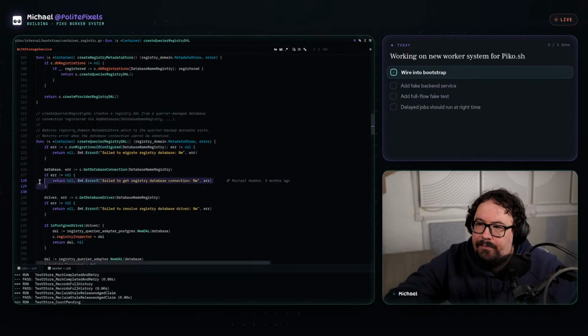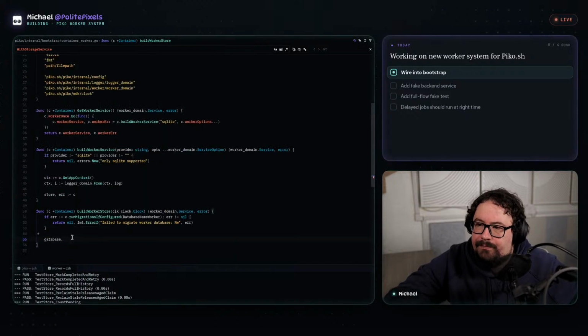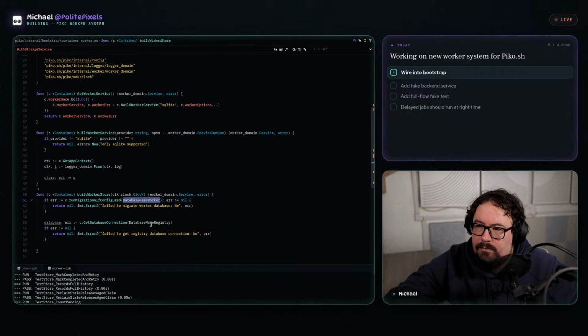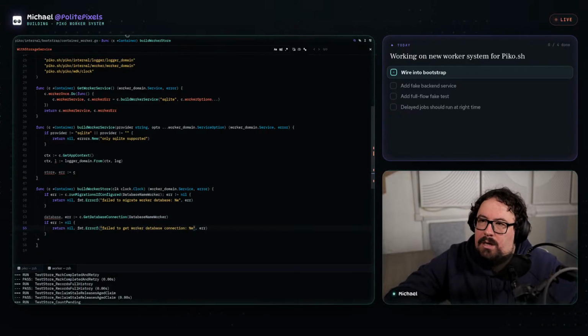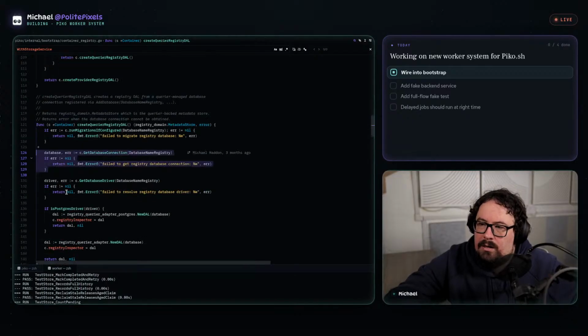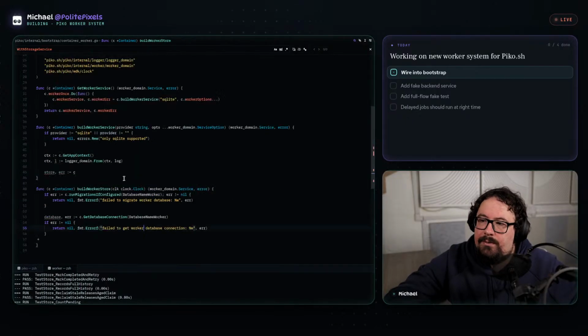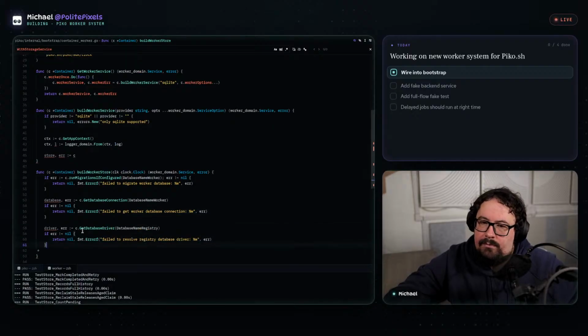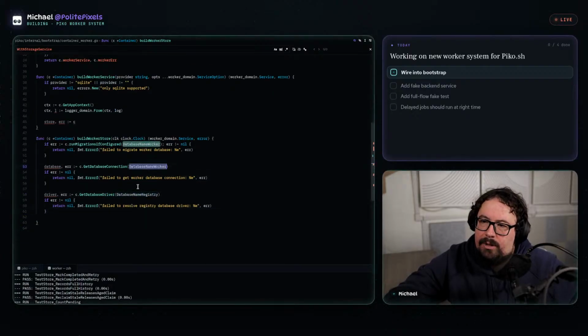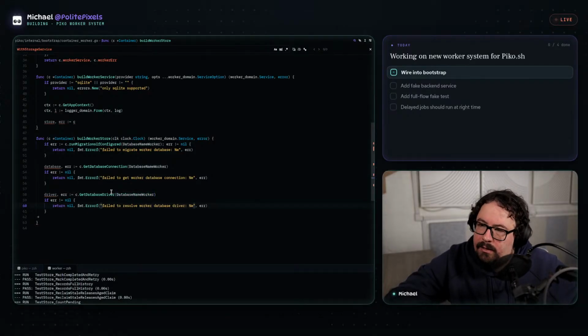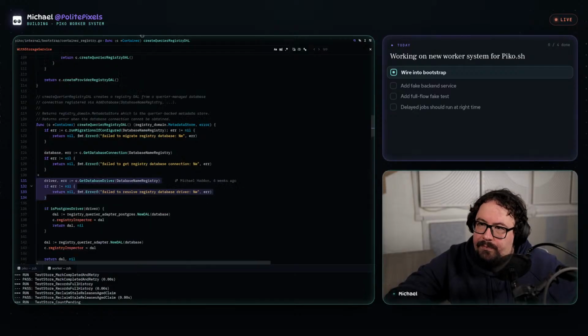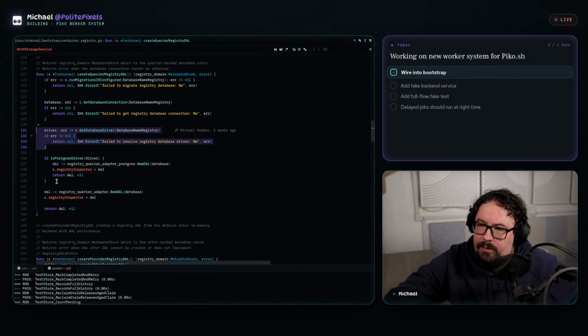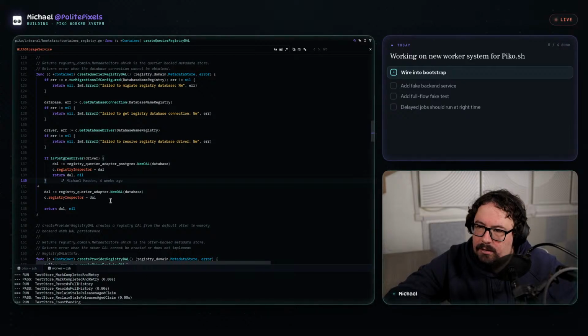So then we can get the database connection. Then we can get the driver. Now we're slowly getting unstuck as I unpick it.